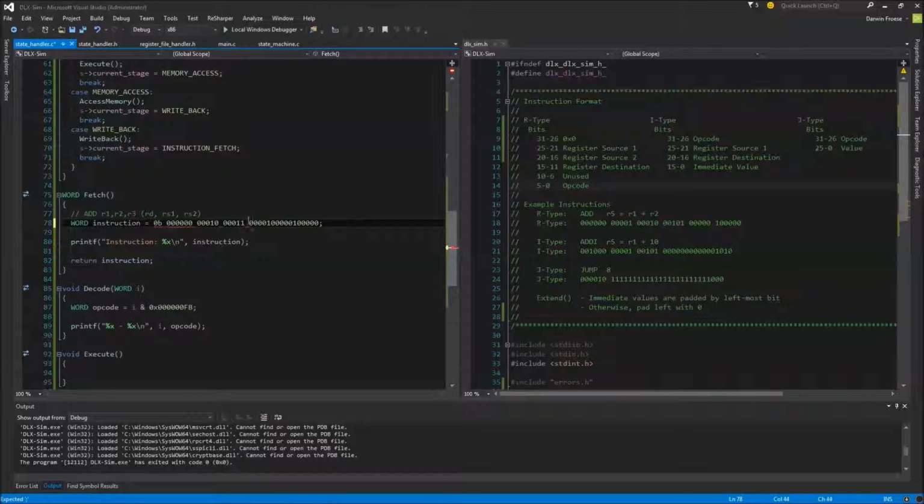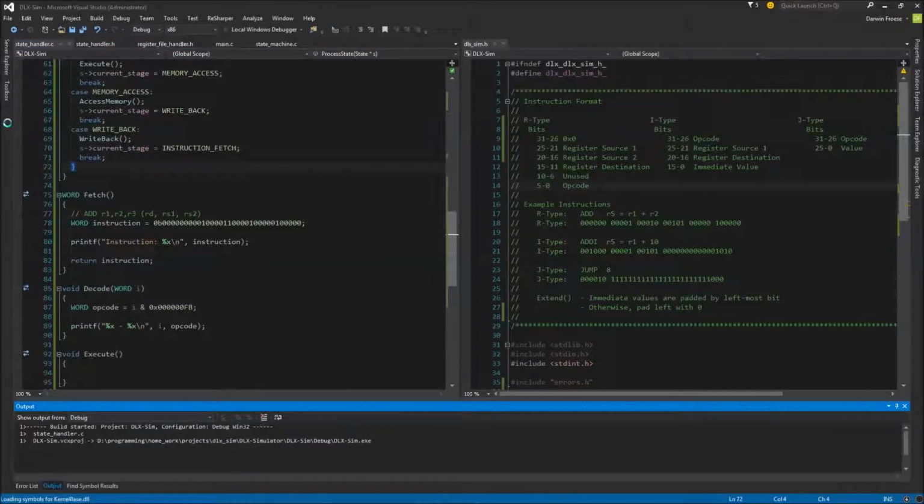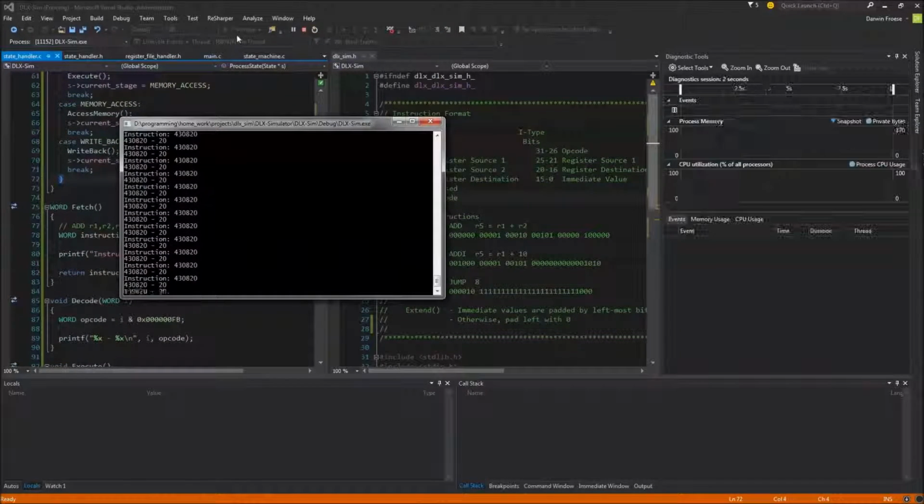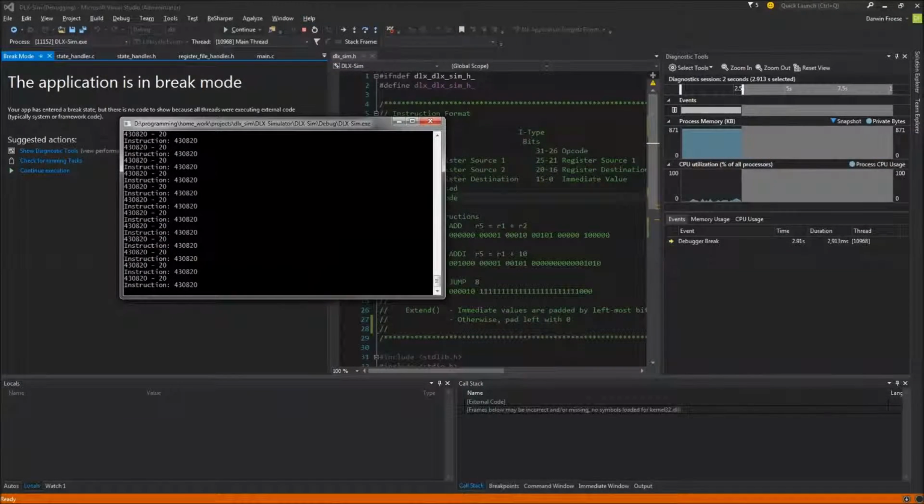So let's remove all these spaces now. And let's save that. Let's run that. And let's make sure we get the right value now. So it's different now. Now it's 430820. So if we convert that, we now get,